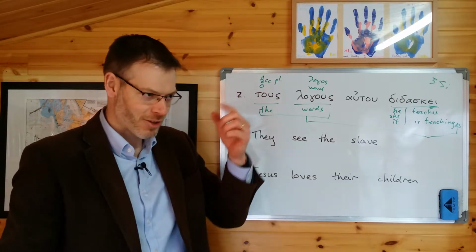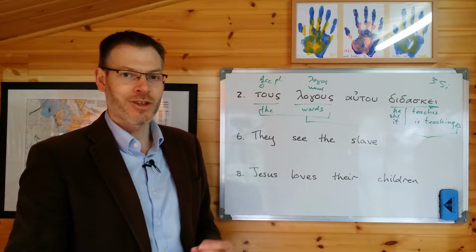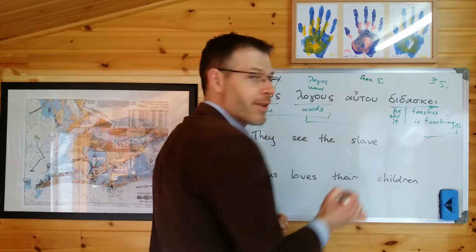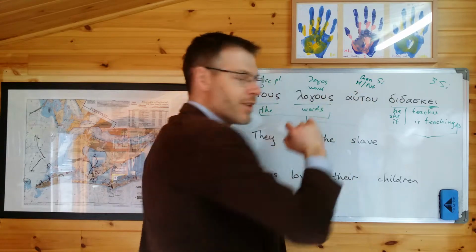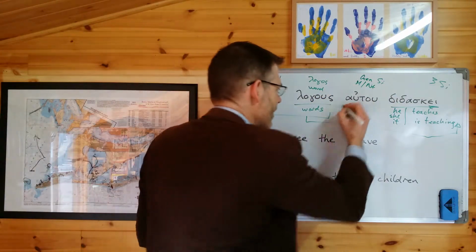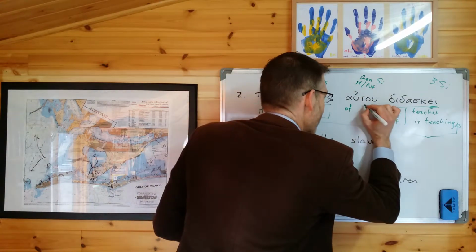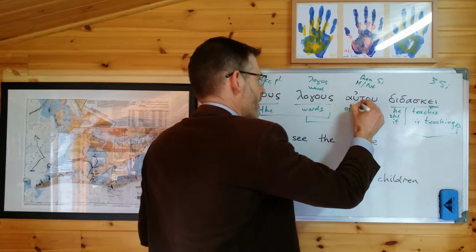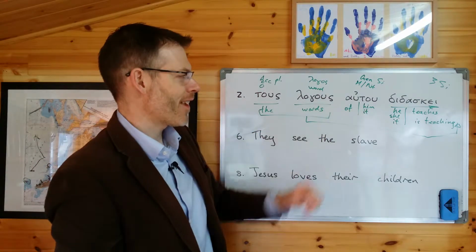And so you cast your mind back and you look, if you need to, over the previous page, you will discover that autou is the genitive singular third person pronoun in either the masculine or the neuter gender. So it's genitive singular, so genitive, it's "of"; masculine or neuter, it's either him or it. So it's the words of him or the words of it.